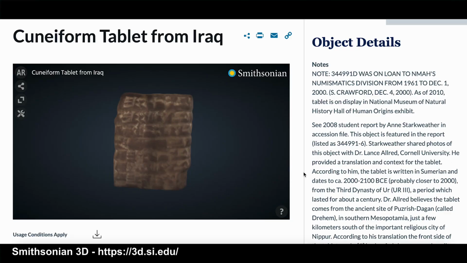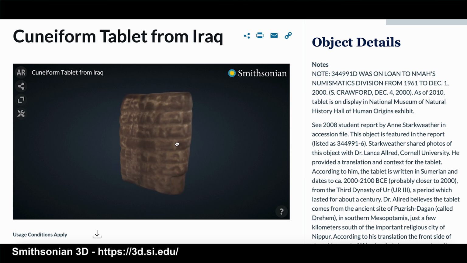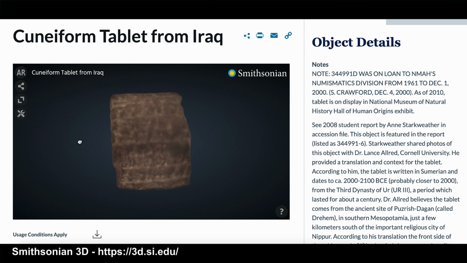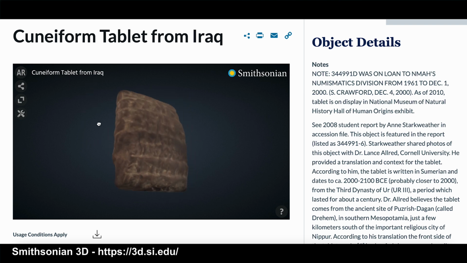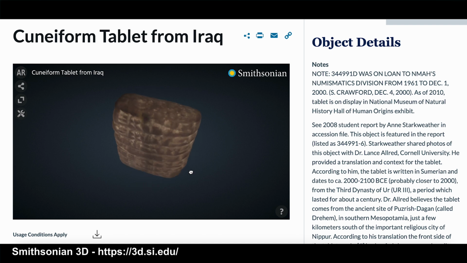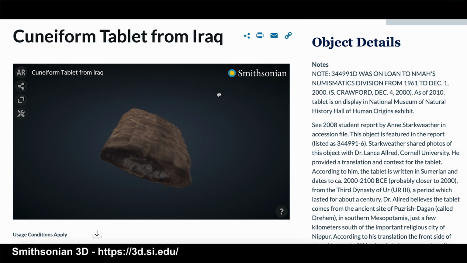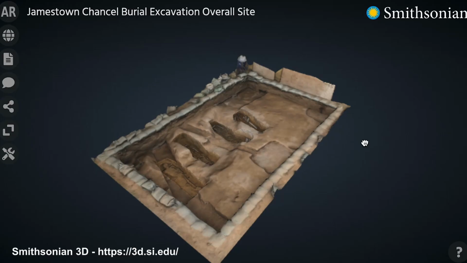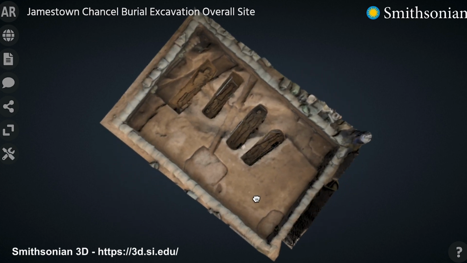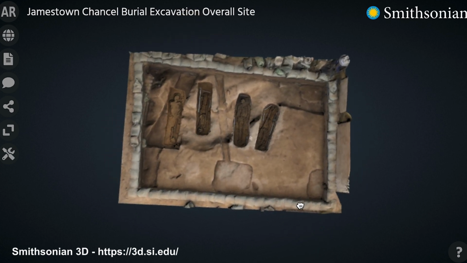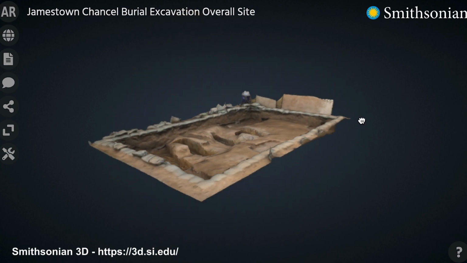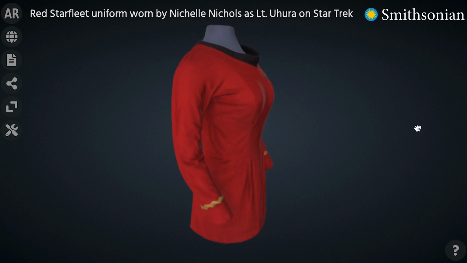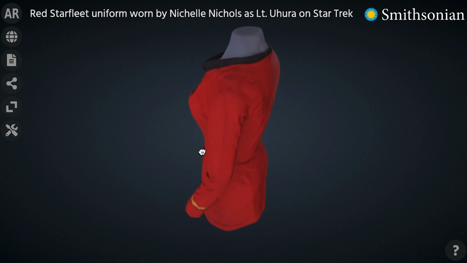physical space. The Smithsonian Institution's 3D digitization project, Smithsonian 3D, is a multi-year project that has used 3D scanning technology to create 3D digital models of thousands of cultural resources that include single artifacts such as a cuneiform tablet from Iraq, burials from the Jamestown colony, and pop culture objects such as Lieutenant Uhura's dress from the TV show Star